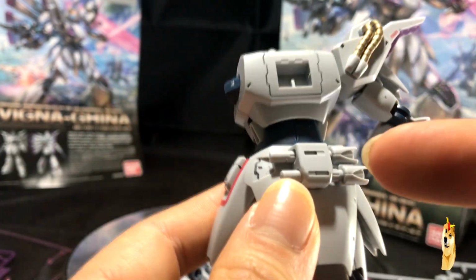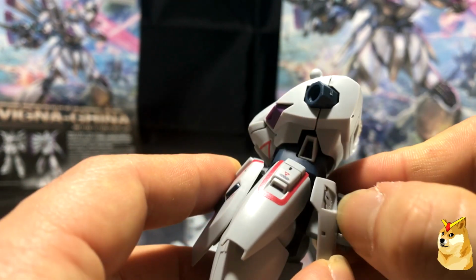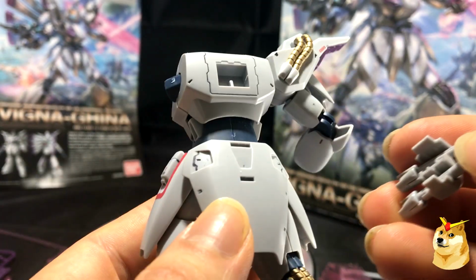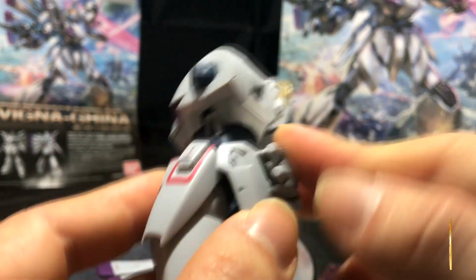And of course the back is static, and here is where you see the beam saber holders. It fits pretty snug in there as such. You just take it out, and you could take them out right here, but I prefer to have them in the back